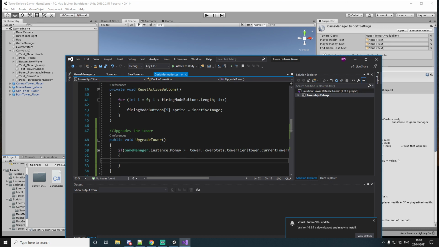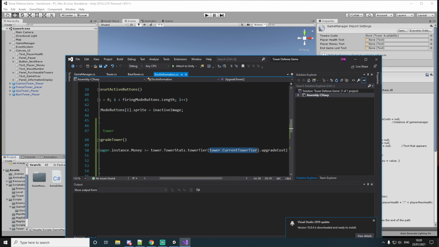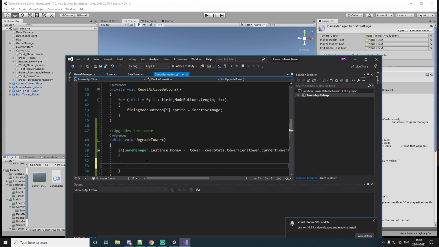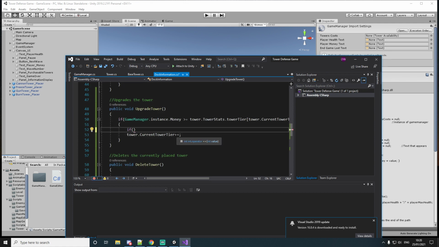And then of course, if we successfully manage to click it, our current tower tier has to change. So we'll just plus this by 1. Although before we do that, we have to do another check to see if we can actually upgrade the tower in the first place. Because if the tower is already at its max, we should not allow the upgrade to work. So we will now check if we can actually upgrade it. So if our tower dot tower stats dot